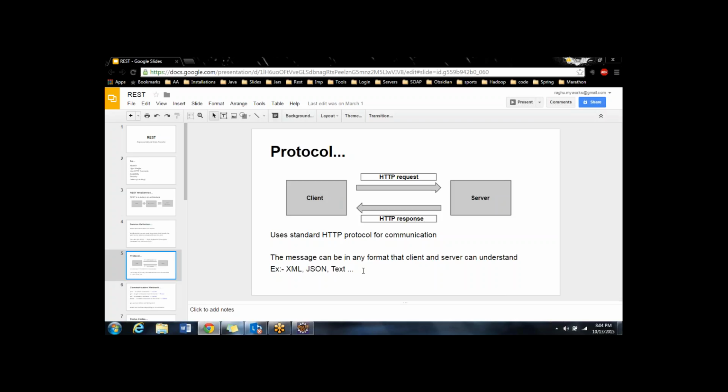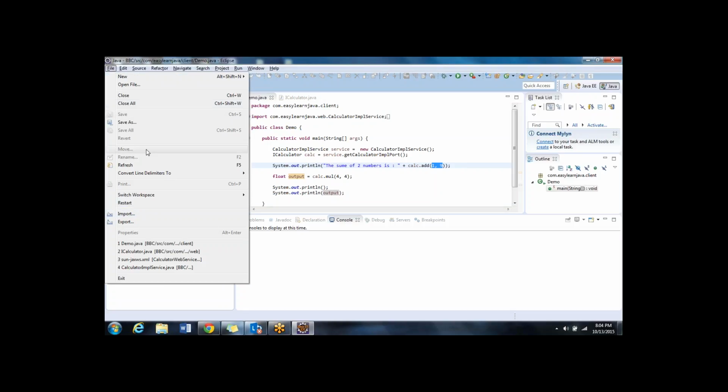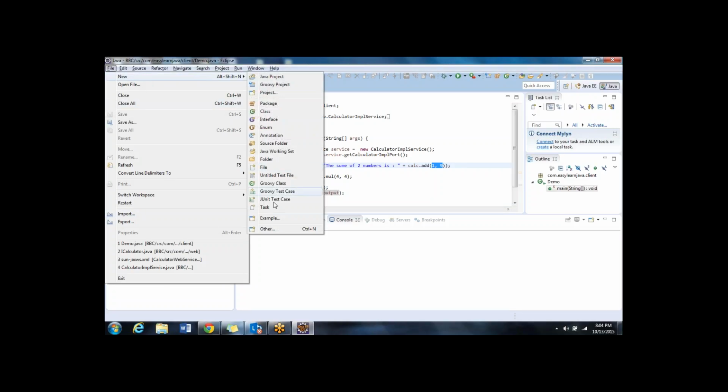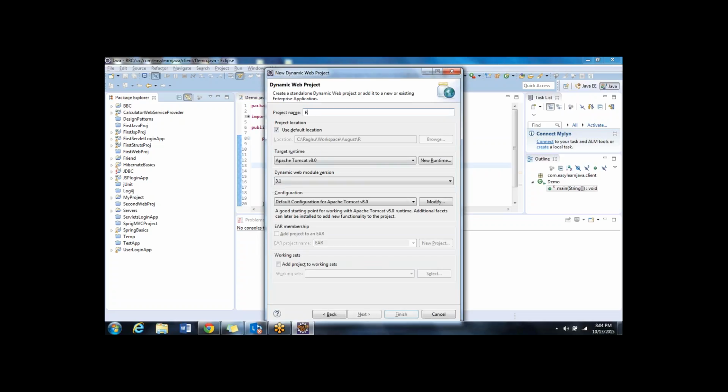So for now, I will start showing some examples. I will create an example and show how a client and a browser can communicate in different ways or different formats. Let's say File, New, Other, Dynamic Web Project,